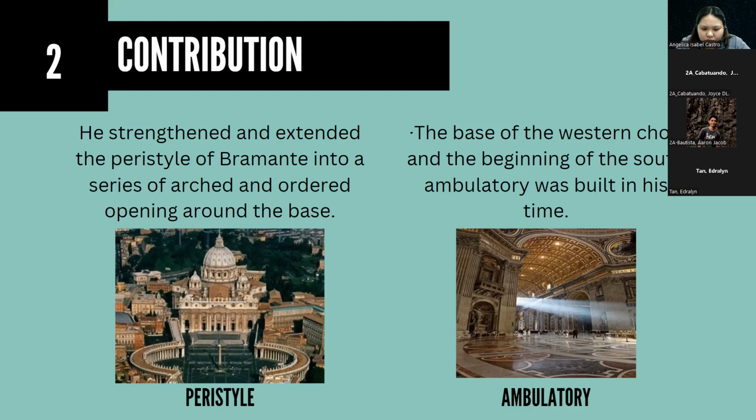And nung umalis po si Giuliano, but he was called back to Rome to assist the Basilica's reconstruction following the death of Julius II, the election of Giovanni de' Medici as Pope Leo X in 1513, and the death of Bramante in 1514. Dagdag info na rin po,